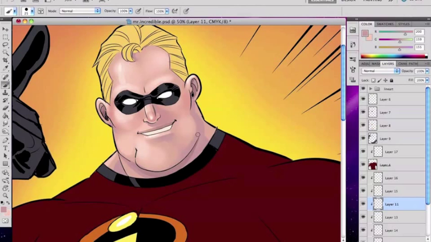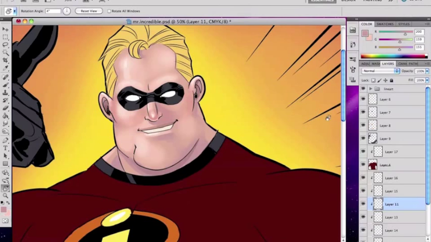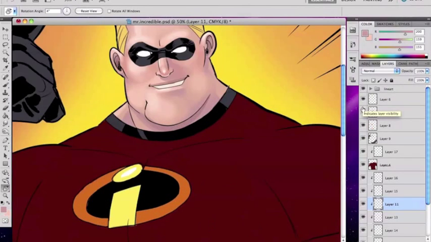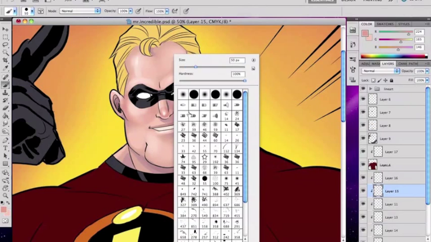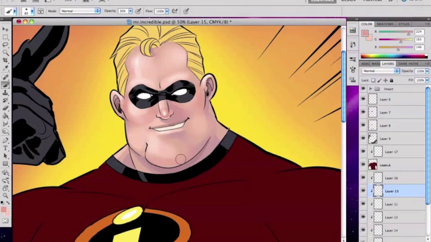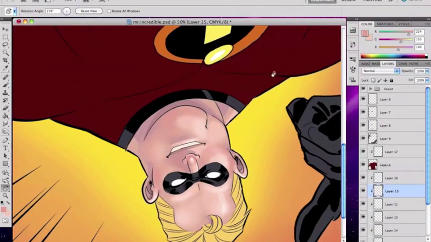of that pinkish hue, just so he doesn't look like a zombie by the time I'm done with this. And if you look to the right where all my layers are, I'm getting quite a few layers that I keep doing the drop down trick with